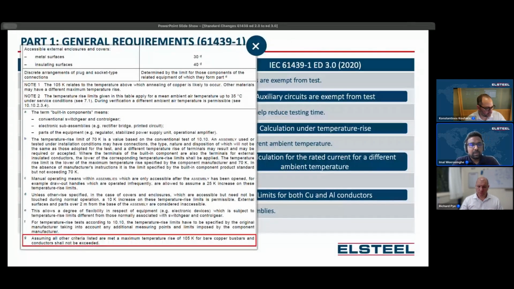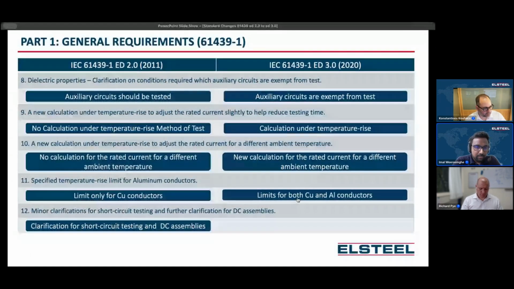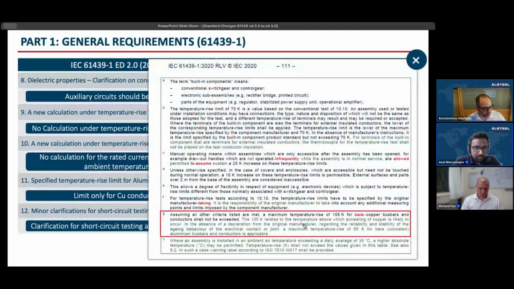In the earlier edition, they have given only the temperature rise limit for copper. But now aluminium is widely used in the world, so they have also given the limits for aluminium. In here, you will be able to see, assuming all other criteria listed are met, a maximum temperature rise of 105 Kelvin for copper bus bars. Now they have removed "bare copper" and "conductor shall not be exceeded". They have newly added